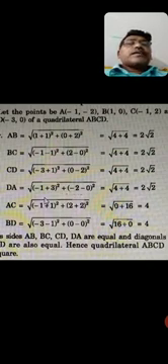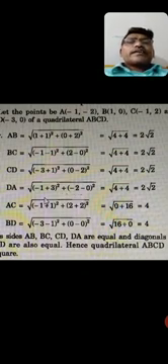So you take the LCM of 8, or you write under the root 4 into 2. Square root of 4 becomes 2. So totally it becomes 2 root 2. I mean the length or distance from A to B equal to 2 root 2. Like that we are going to find BC. Same, we substitute the coordinates of B and C in the distance formula. So we are getting 2 root 2 again. And CD also we are getting 2 root 2. And AD also we are getting 2 root 2 only.